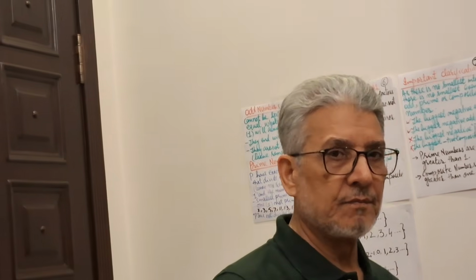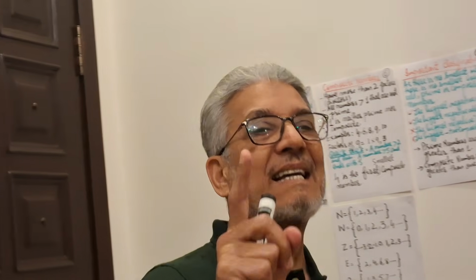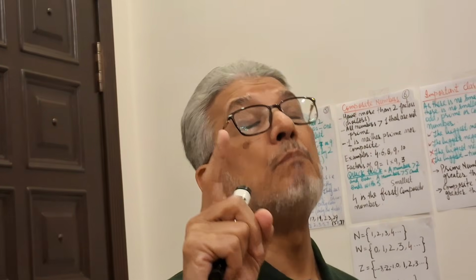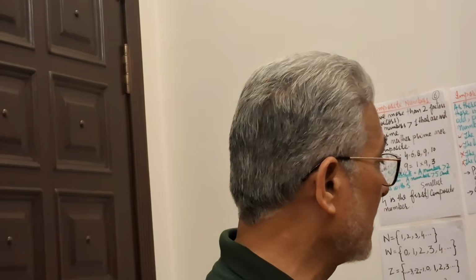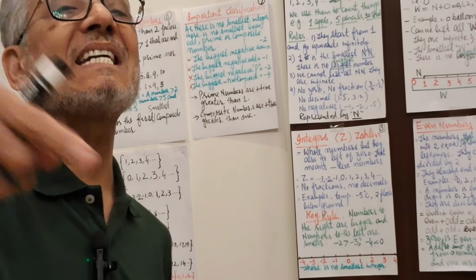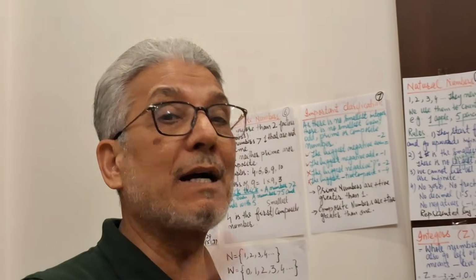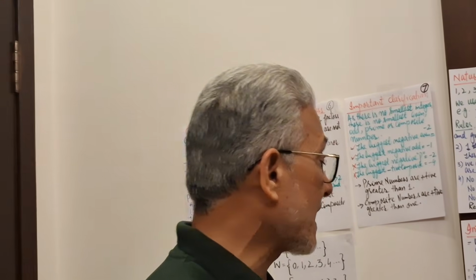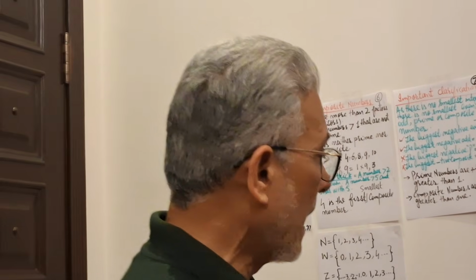You have the biggest negative number, which is -1. -1 is the biggest negative integer. But you do not have a smallest integer. No, you can't have a smallest integer, because